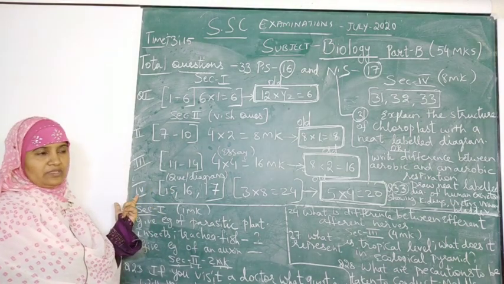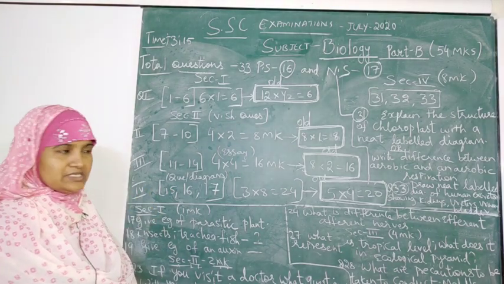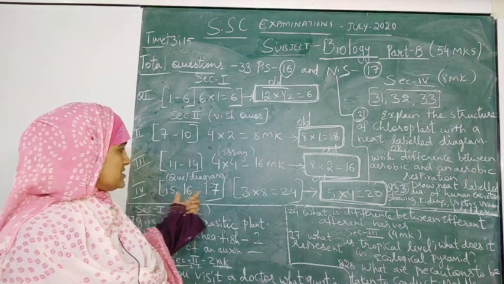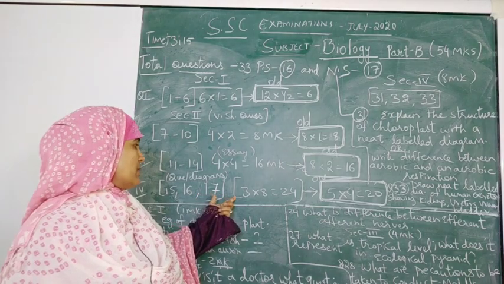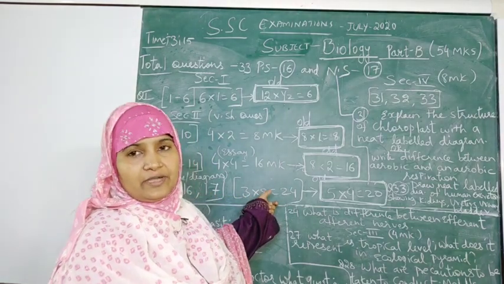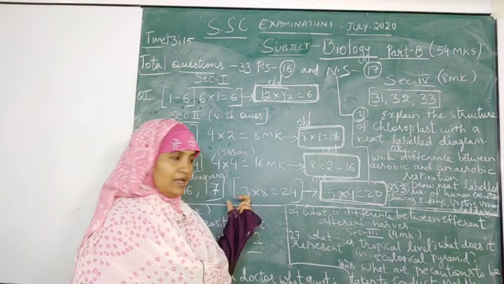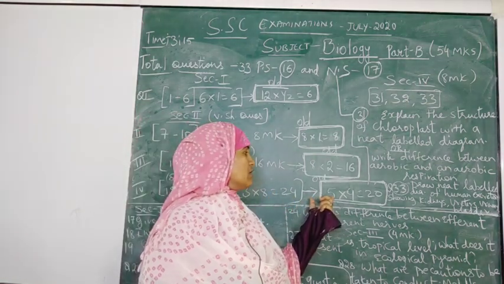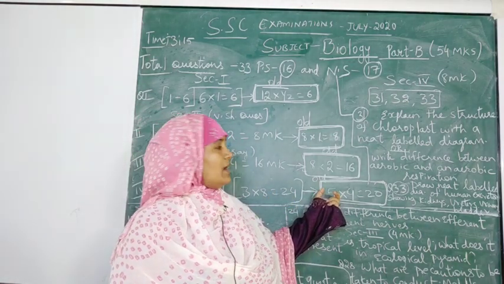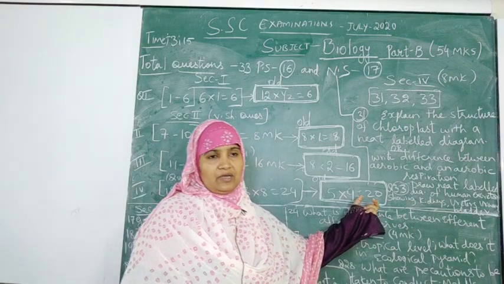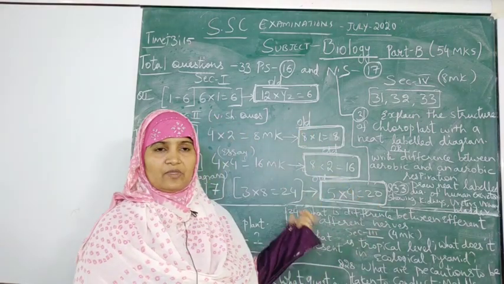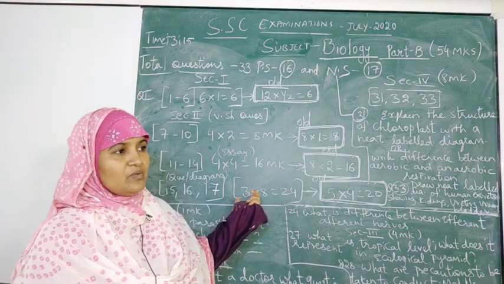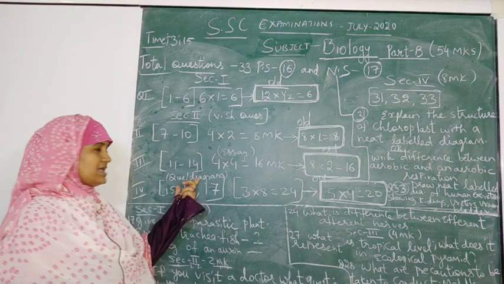Then in section 4, this is a little different type of question. It has been changed a little bit. You can see here it carries 3 questions, 15, 16 and 17 of the question paper. Here each question carries 8 marks, and there will be 3 questions, and the total marks allotment is 24. In the previous paper you had 5 questions of 4 marks each, and the total was 20, but here we are given an extra 4 marks that was taken from PS, reduced in the PS section and added to the biology section. So we have one extra 4 marks question that is added as a diagram question.